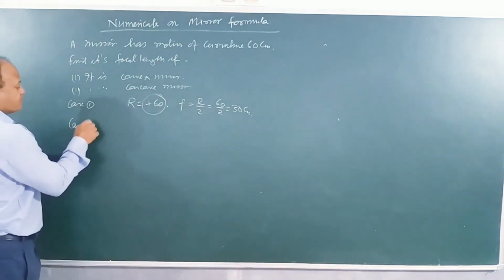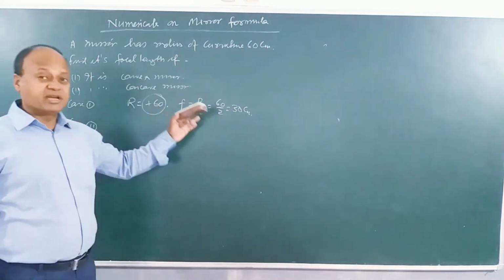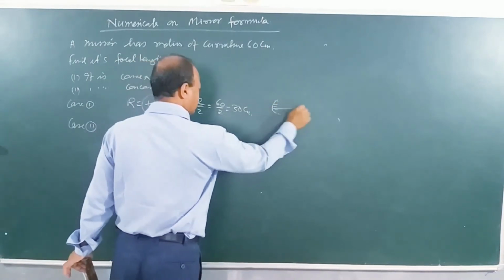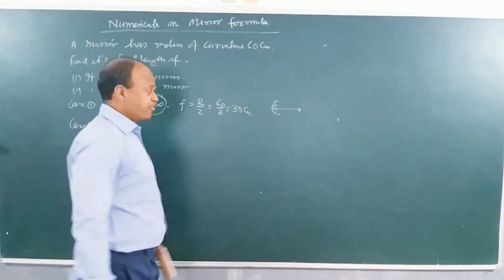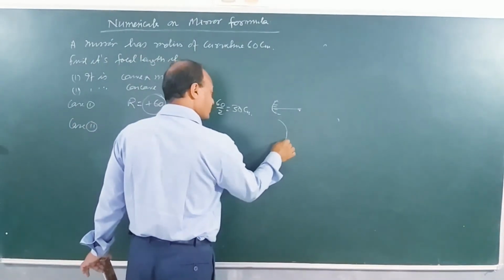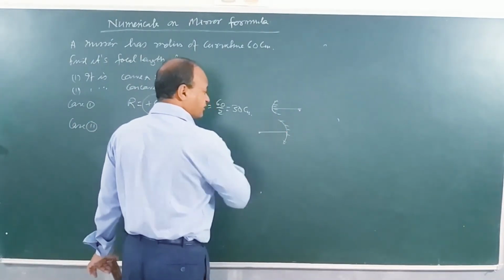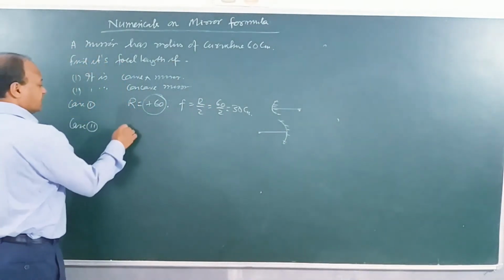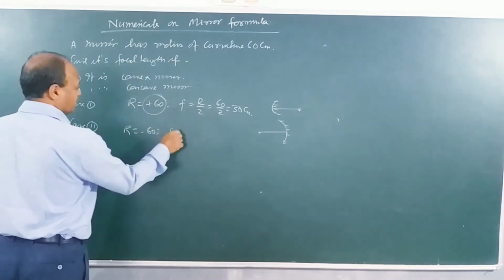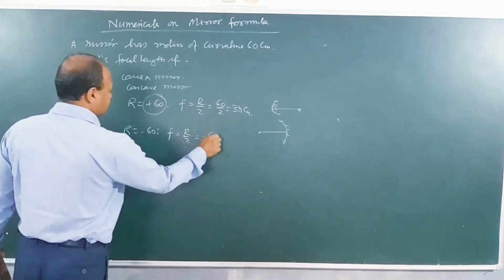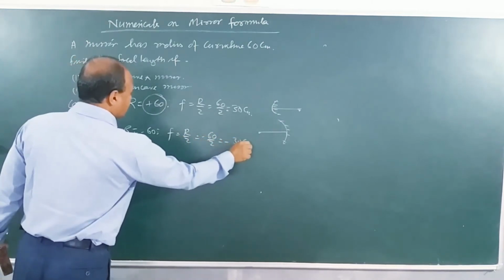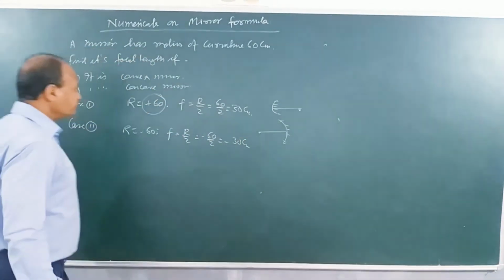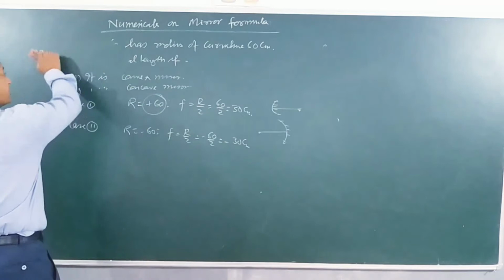Case 2, it's a concave mirror. So you can clearly see here, this is convex mirror. This radius of curvature is on the right, so it is positive. Concave mirror, its radius of curvature is on the left, so it is negative. All these things have been taught to you already. Here r is equal to minus 60, and f is equal to r by 2, which is minus 60 by 2, minus 20 centimeters. So this sign convention is important, and then you have to use it as it is given. So these are the types that you get in the exams.